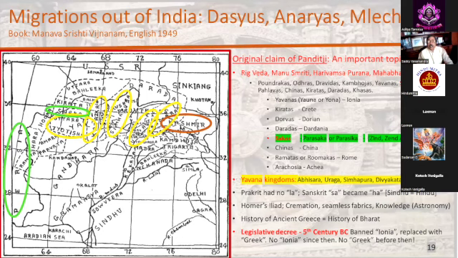Now, the irony in all of this is when someone says that knowledge traveled from the west to east, it is taken for granted. It is taken and assumed to be true. But the moment you say knowledge traveled from the east to the west, meaning from India to Europe, then suddenly the burden of proof and the standards of evidence become a lot higher. And we have to show more evidence than they're willing to show for their case to establish the fact that knowledge actually transferred from east to west rather than west to east.